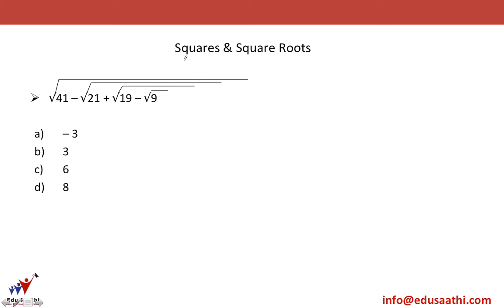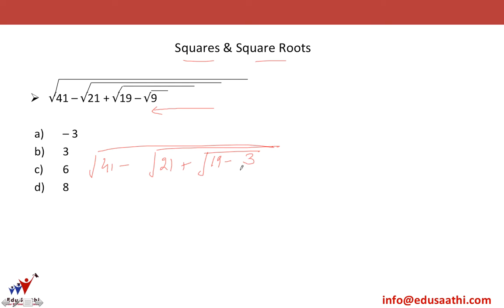Let's move on to squares and square roots. So what we'll do is we'll start solving from the right side and move towards the left side. This is the process of solving these questions. So I have root 9. I know that root 9 is nothing but 3. So now I'll have 19 minus 3 under the root. I'll have 21 plus and this entire root, and then I have 41 minus this entire